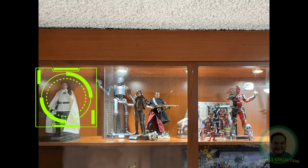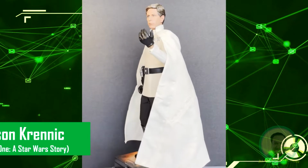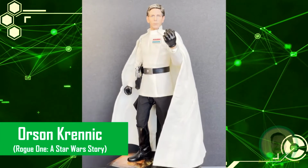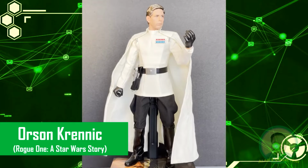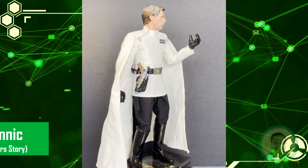Today, we're looking into the Hot Toys 1/6 scale Rogue One: A Star Wars Story Director Krennic. This figure comes from the Star Wars universe, from the one-time 2016 movie Rogue One. I met this character for the first time in Rogue One, and he quickly became one of my favorites in